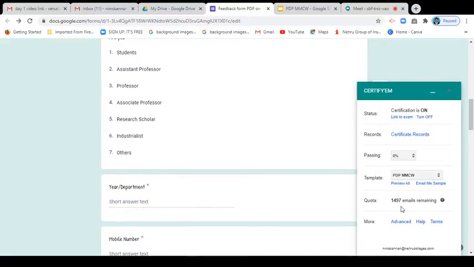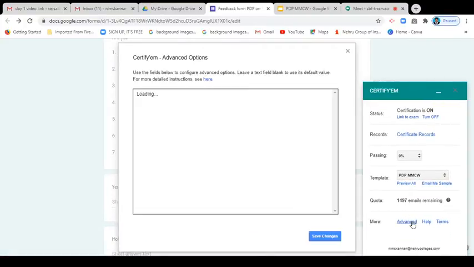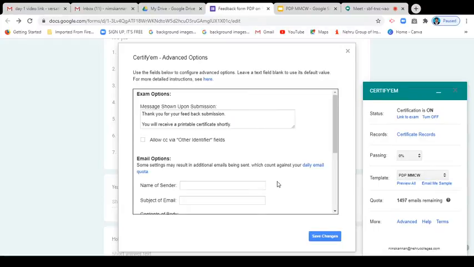And now we go and click the advanced option. Yeah, now you can see the advanced options. Here you have to type some messages: once they submit the feedback form, what message will they receive? This is the template message drafted by Google itself, and if you want to change it, you can type as you wish.